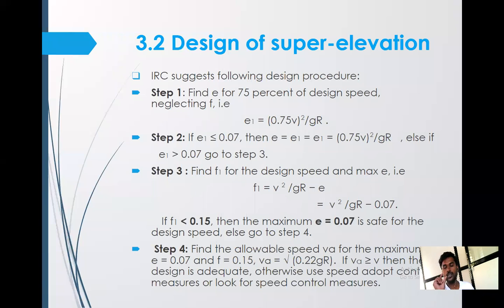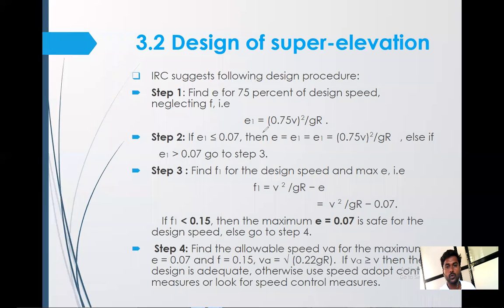Whenever we are designing a road, we always design a safe design speed for that road. Whatever design speed we have designed, when calculating the super elevation E, we have to take only 75% of that design speed. This is very important, and it is also asked in MCQs. The speed we consider for designing the super elevation is 0.75 V, in brackets, and the bracket has a square.